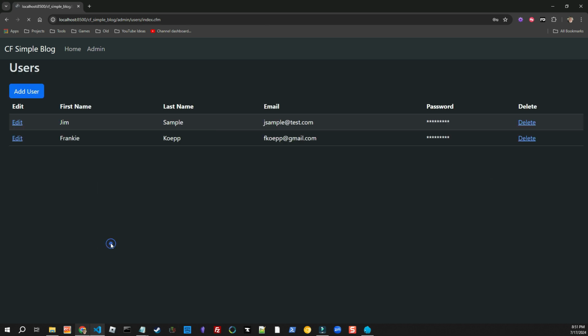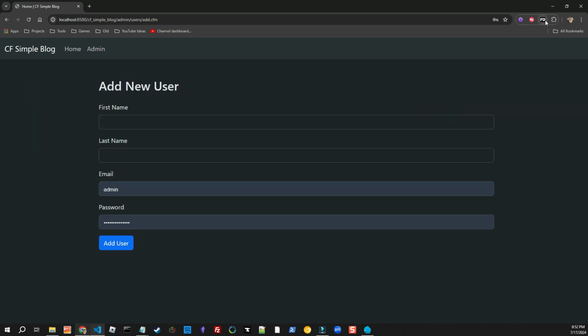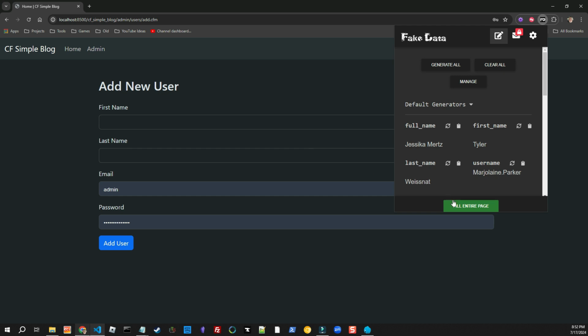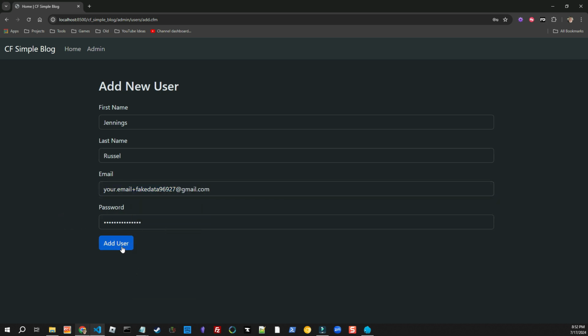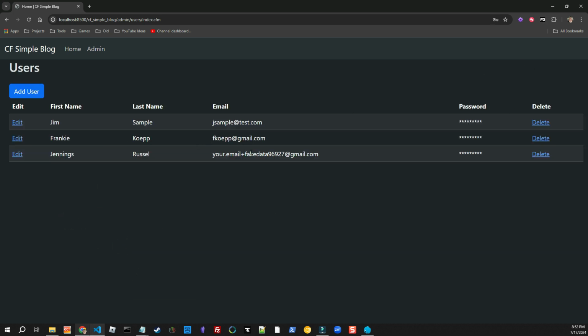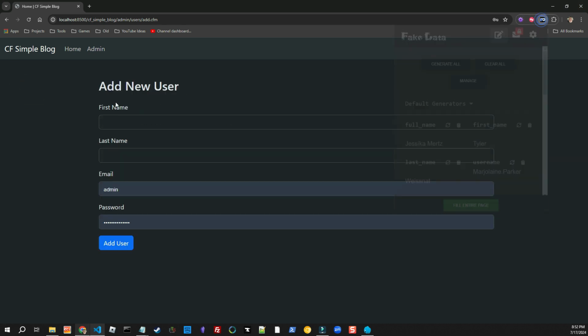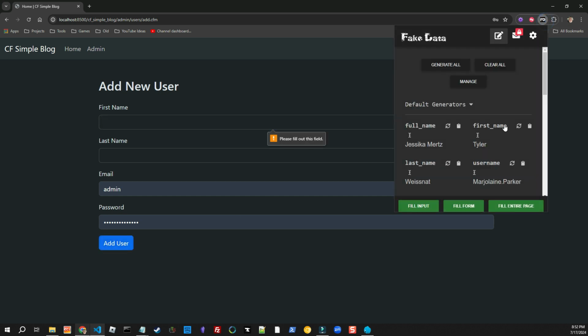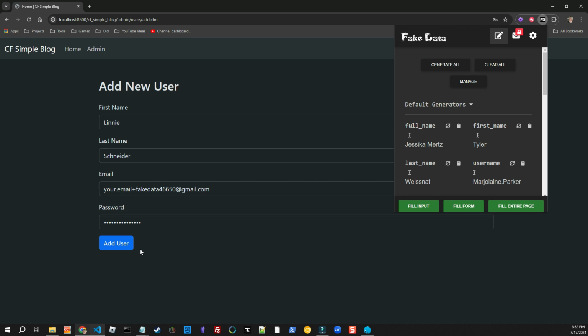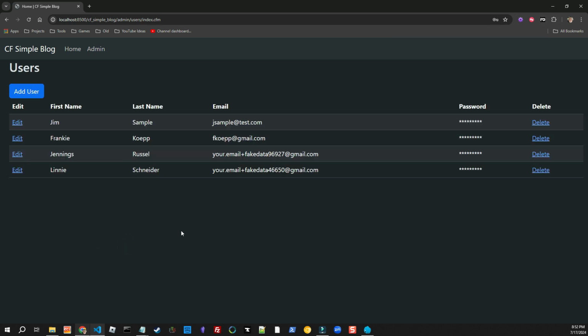So I click add user. I don't even know what the password is. I don't care. So now you got that. So let's hit add user. Let's at least add a few more. We will fill it out again, and we will simply delete. You know what? I'll leave it this time, and that way you can kind of see. So let's add another one. So now we have 4. Oops, I forgot to hit fill the form. Add user. Okay,